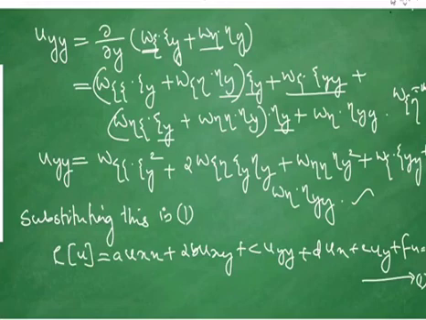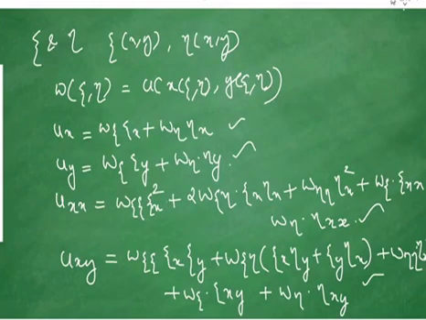So a into uxx term is here. First we will consider all the terms containing w theta theta. So we have to multiply uxx by a. When we multiply this by a, there is a term containing w theta theta into a theta